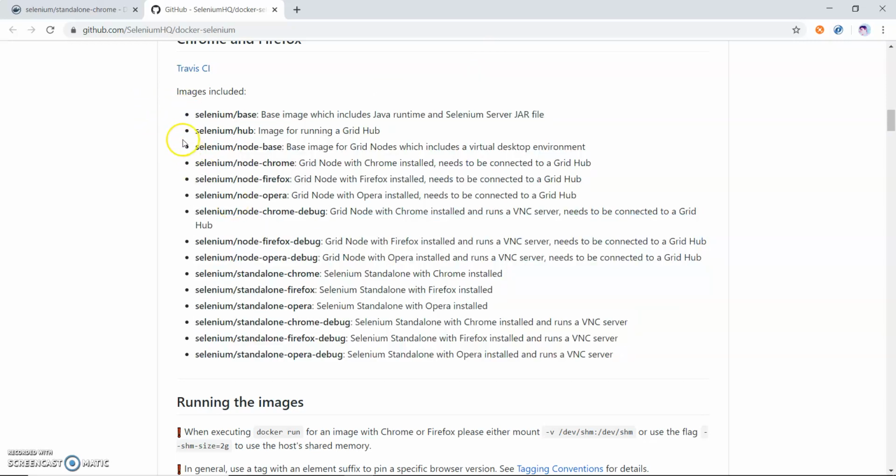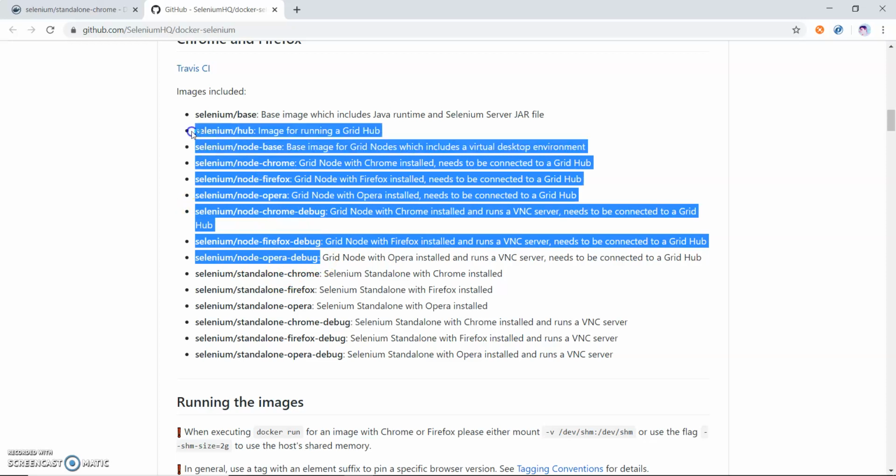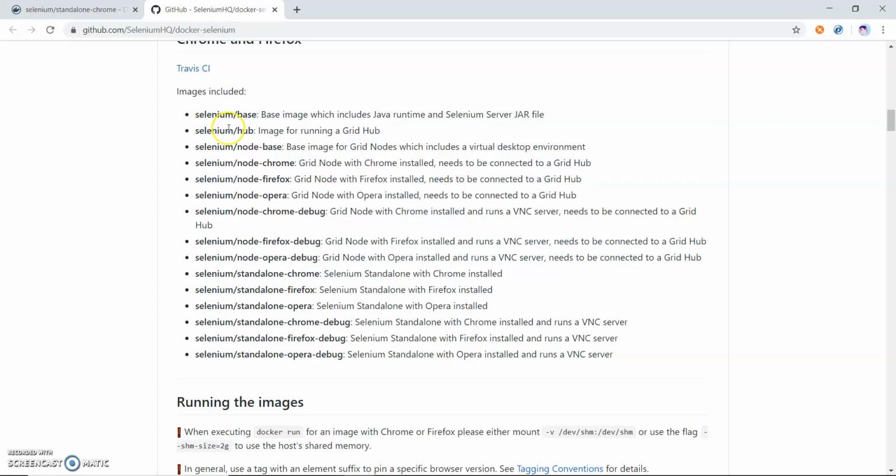You can see there are Selenium node images, which are used in Selenium Grid. When we look at Selenium Grid, we will see how to configure node and hub using Docker. But currently I am using Selenium standalone Chrome, and I will show you how we can use this image in my Docker.